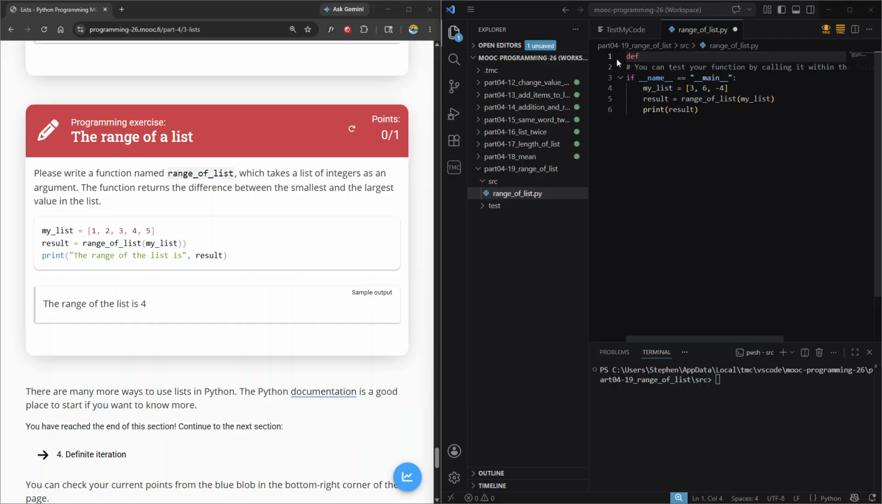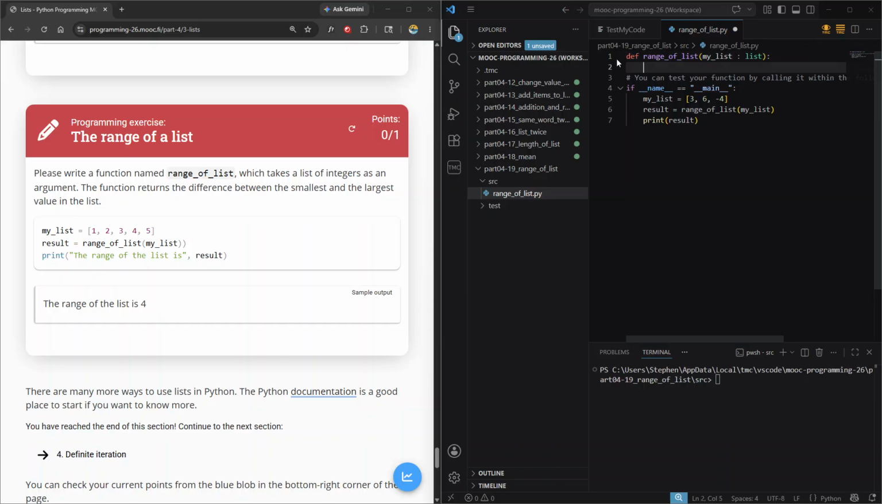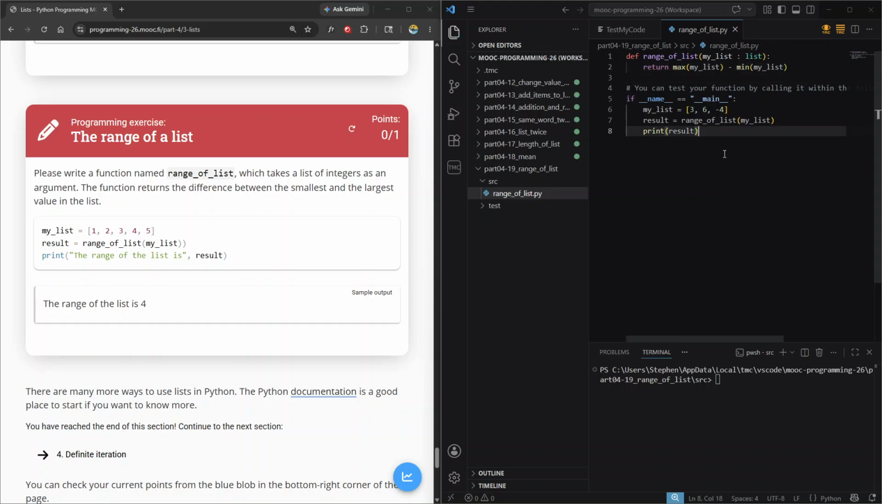Okay, so define function here called range of list. My list, which is a type of list. Then here we're just going to get the maximum. So we're going to return max my list minus minimum my list. Okay, and that's being returned. So we should see, for this example, for example,